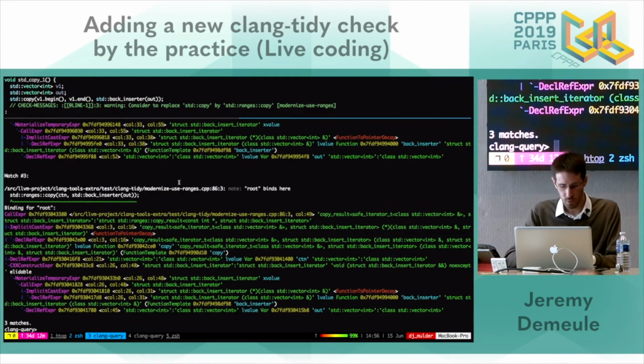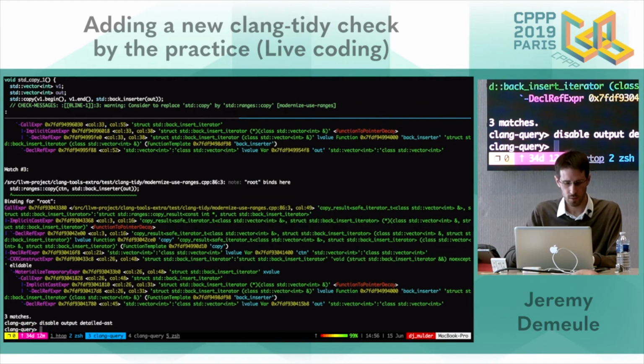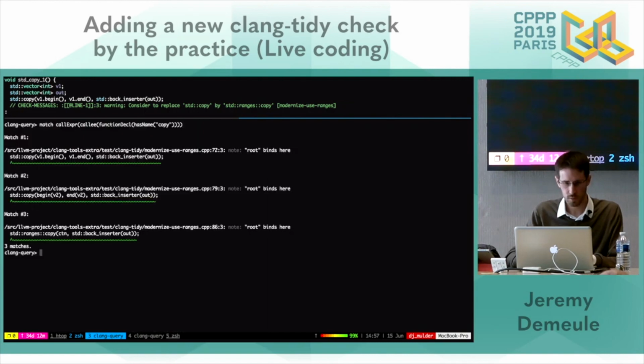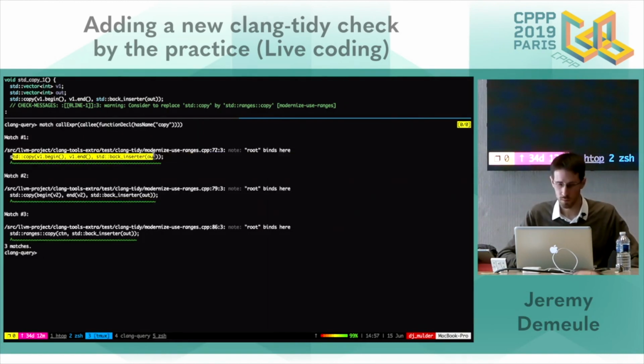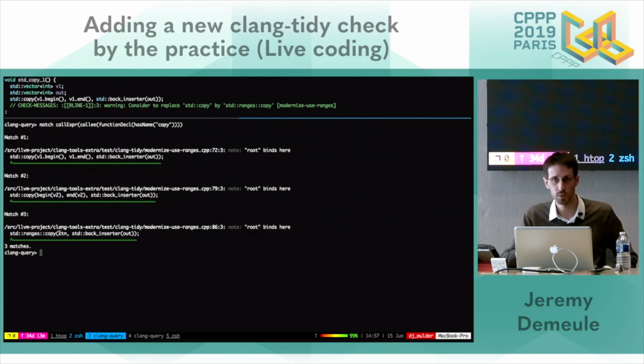It's not really readable. I will deactivate the AST and redo it again. And now I found my calls to std::copy, the two calls, but I also found a call of ranges copy, and this one we want to discard.